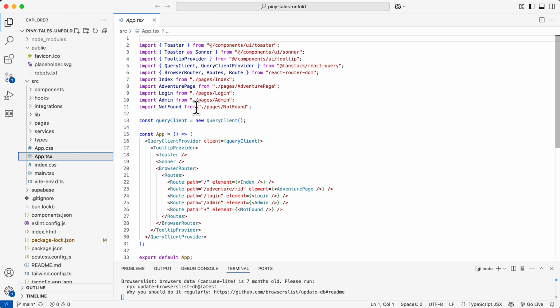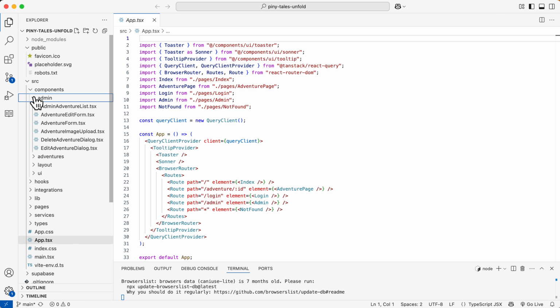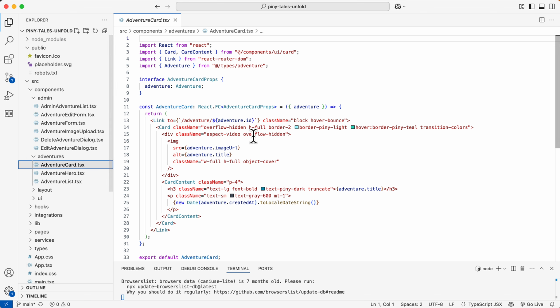AI services are really great at managing this stuff. And here we have components that are like building blocks of our application, and they can be reused in various places if necessary. So like I have AdventureCard, which shows a single adventure. And this is